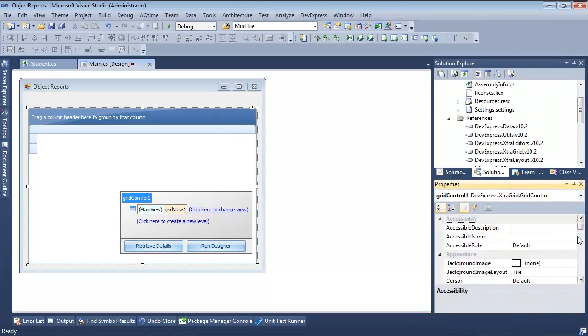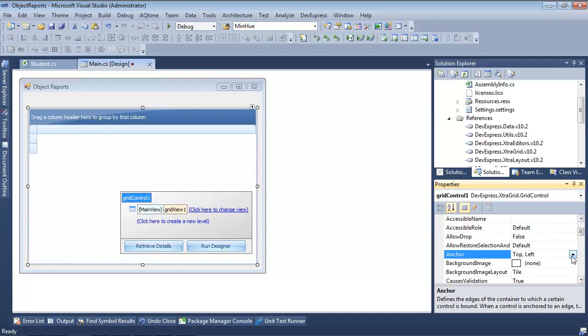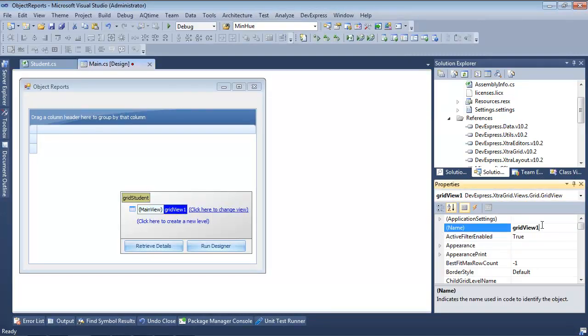Let me kill the commands part, and then I am going to make sure that the anchor is set so that it expands really nicely. So the way to do that is you go to anchor, top left, bottom right, and watch what I'm going to do. This is the interesting thing with the grid control, because I'm just going to show you how to bring up students, just to show you that the data is actually in there. So there's a grid control, there's a grid view,